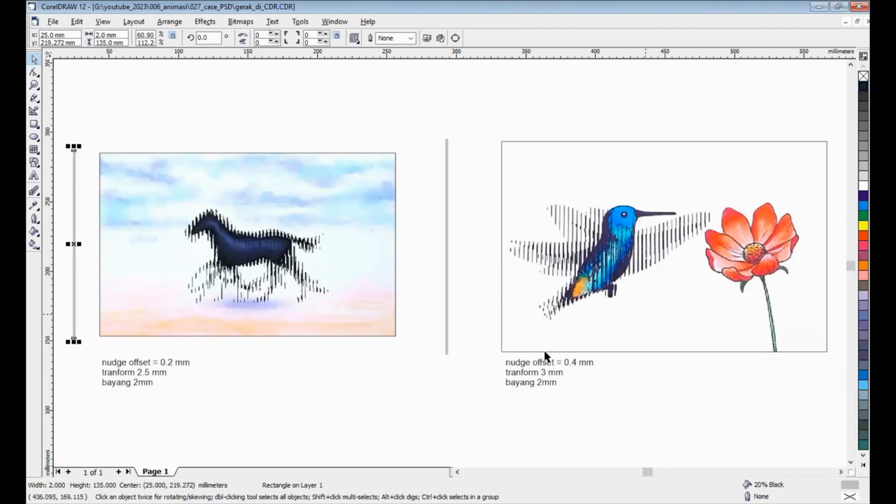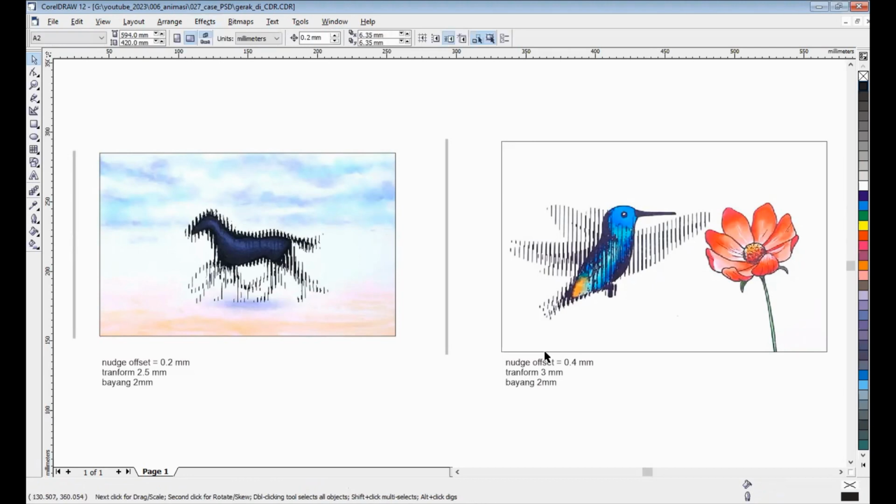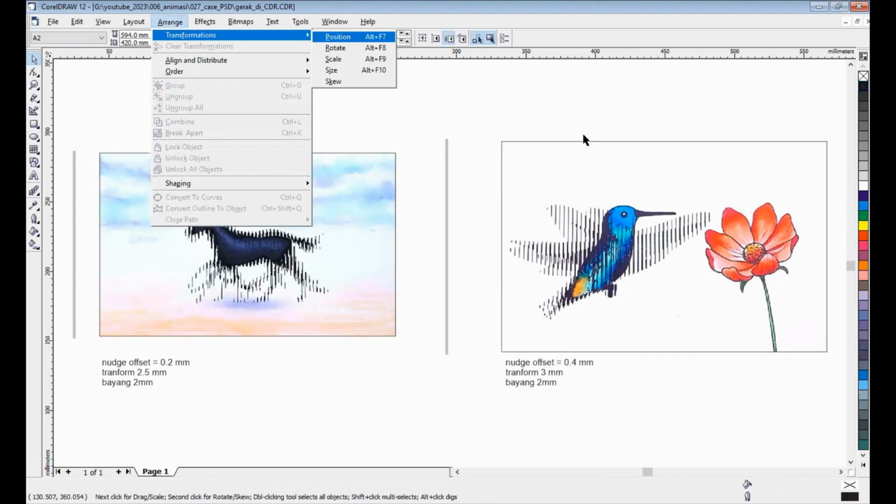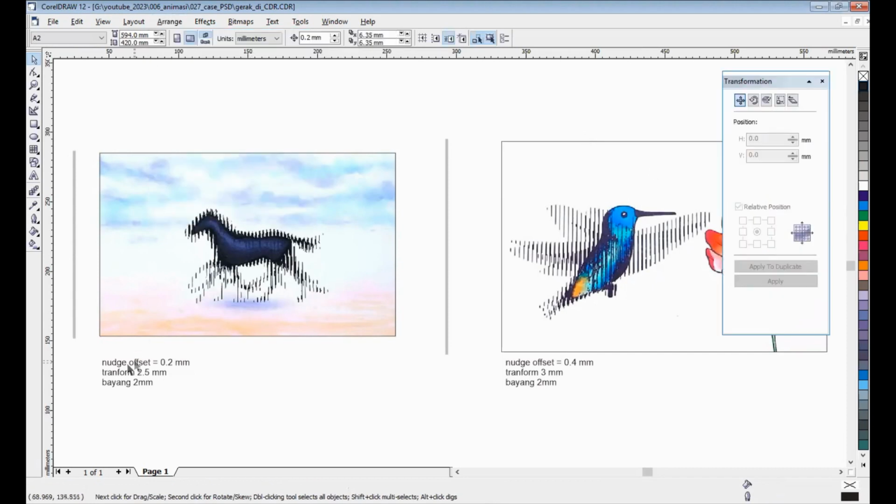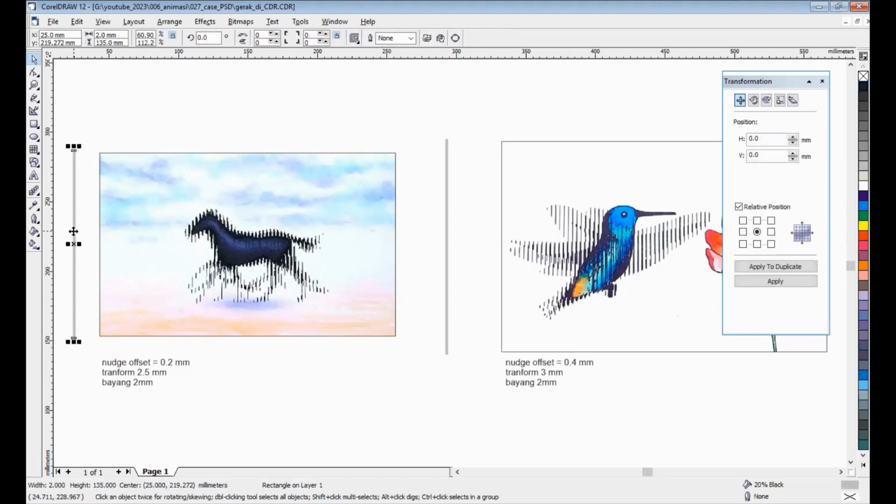Okay, I will take the transform position. I take the object first, then I will move this object with 2.5 millimeters.